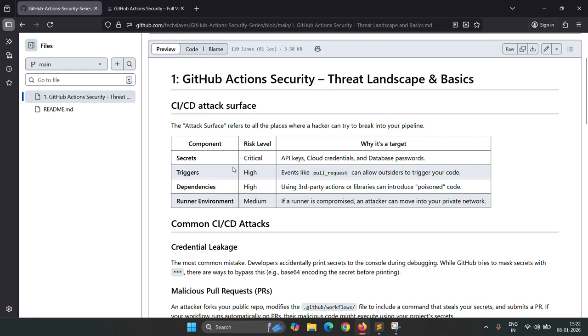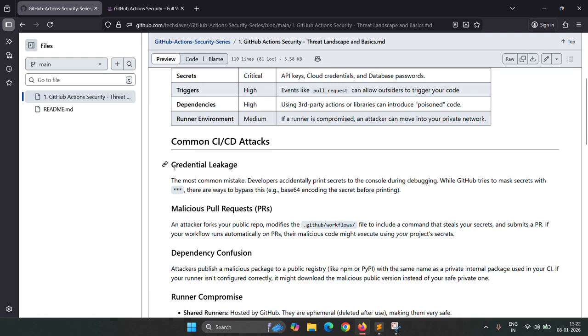Now let's talk about some of the common CI/CD attacks. The first one is credential leakage. This is the most common attack, and developers accidentally print secrets to the console during debugging. Whenever the GitHub Actions pipeline is triggered and it fails, usually a DevOps engineer or a developer puts in some logs to check whether the secrets and variables are getting fetched clearly from the settings of GitHub where they are stored. GitHub tries to mask those secrets using asterisks, but there are ways where developers or DevOps engineers can make mistakes, and those credentials could get printed in the logs and then be exposed